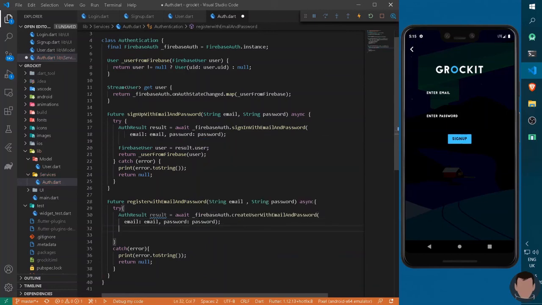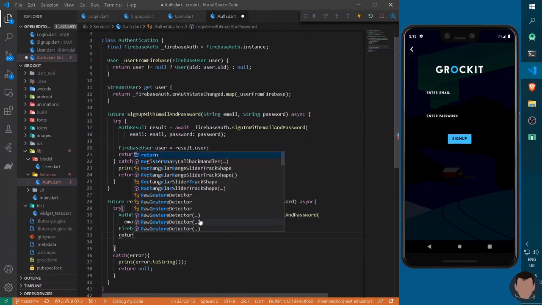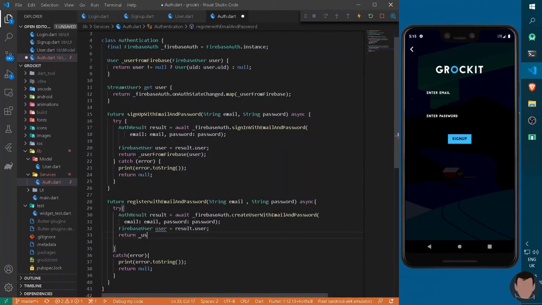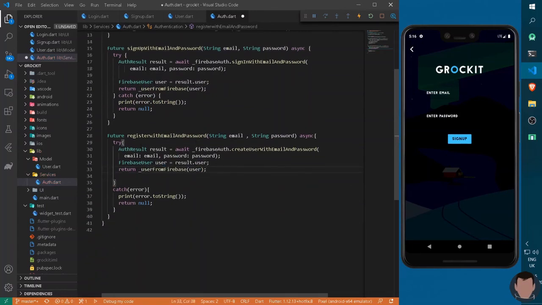Now it will also link the Firebase user. So I can type here FirebaseUser user is equal to result.user and return the following data to our custom model, userFromFirebase, with the argument of user. Now we have created one more method for the registration of a new account.